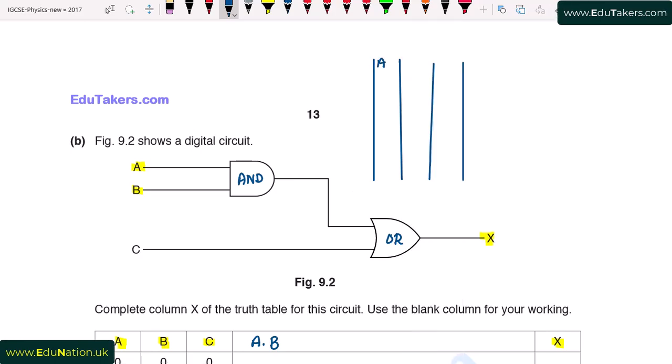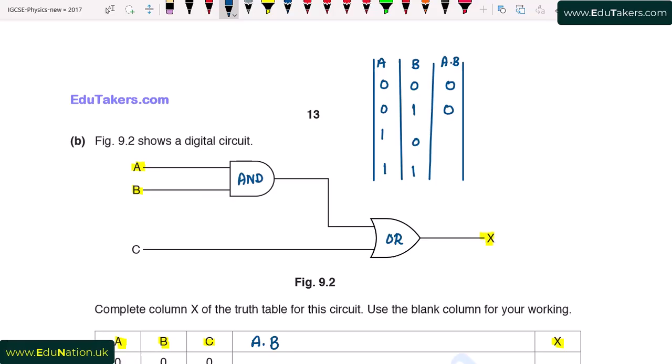Here is input A and B. So first of all, I take input 0, 0, again 0, 1, 1, 0 and 1, 1. In the AND gate, when any one of the input is low, the output will be low. In the first case, here it is 0, 0. Both of the inputs are low, the output will be low. Second case is that first input is low while the second input is high. So, in the case of AND gate, if any one of the input is low, the output will be low. So, I write here 0.